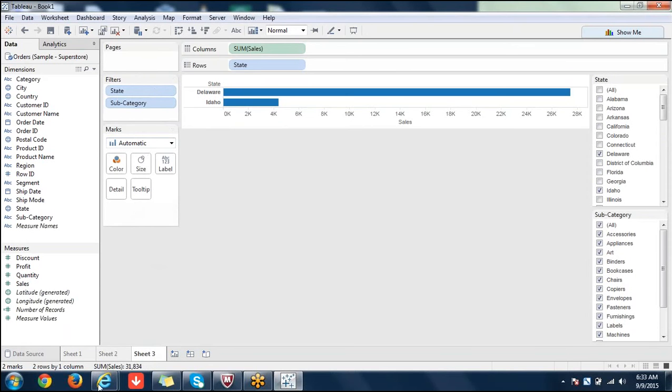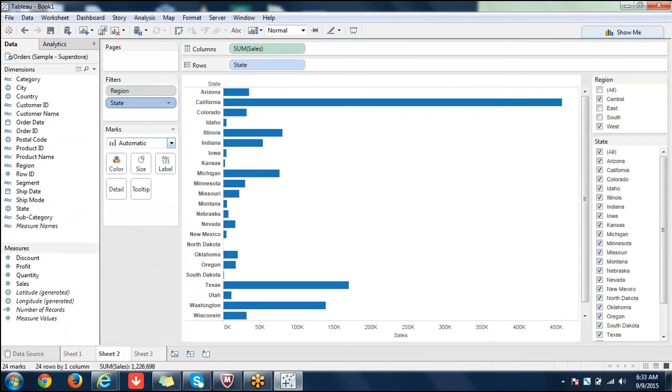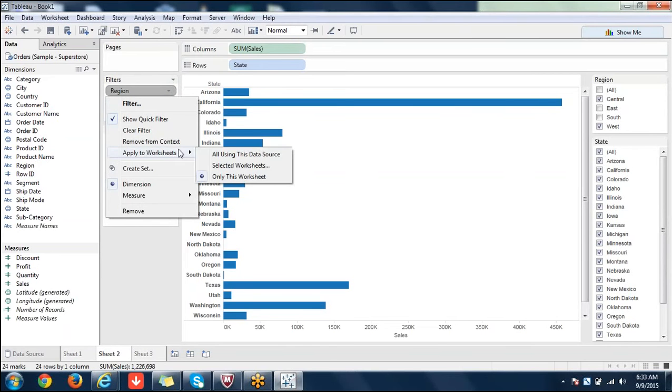For example, I'm selecting region. You're not seeing region here, right? So I'm saying apply to all worksheets. And please remember this, we have the option only for this data source. If you add a different data source, you can't apply the same filter to all data sources. But you can apply the same parameter to different data sources. After filters we will see parameters. Whereas the same filter can be applied only to the same data source. To a different data source it cannot be applied.